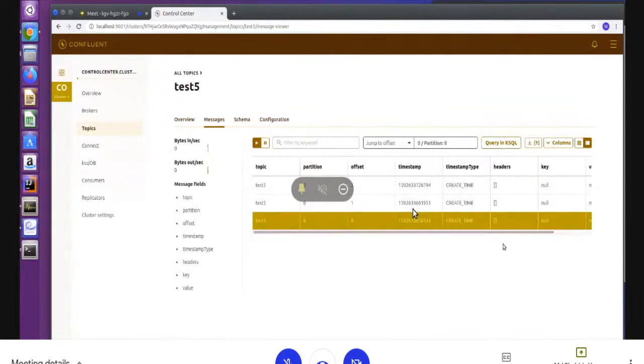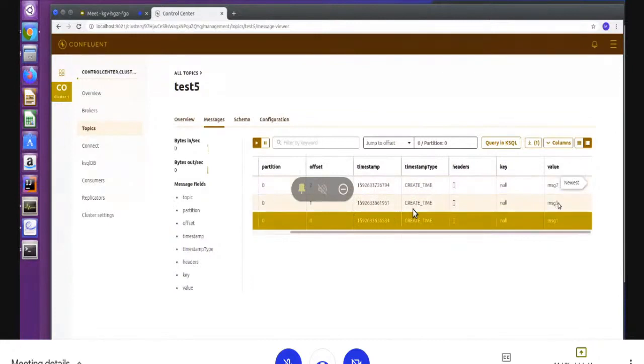See here, it is very easy. On the UI, I can see my data, the data I have sent here. The value is this: message 75 I have sent, and you can see the offset number. It starts from 0. I told you, in every partition the message is pushed and an offset ID is given. The first message was given offset 0, and the next message 1, 2, like this.